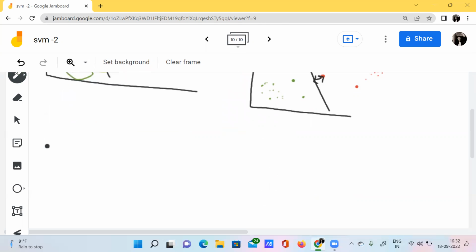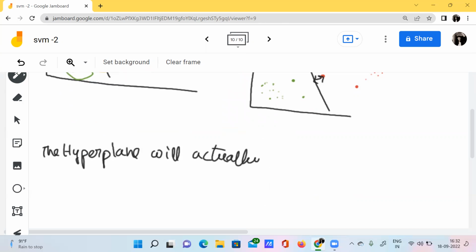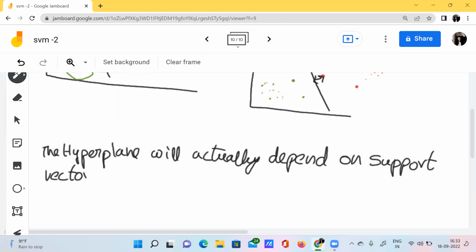The conclusion is that the hyperplane will depend on the support vectors.